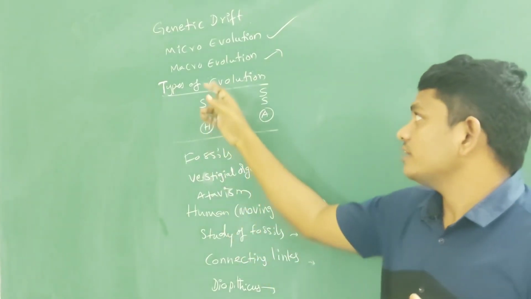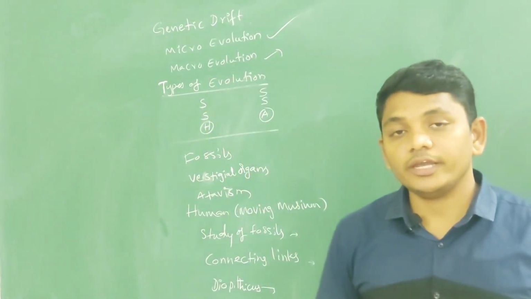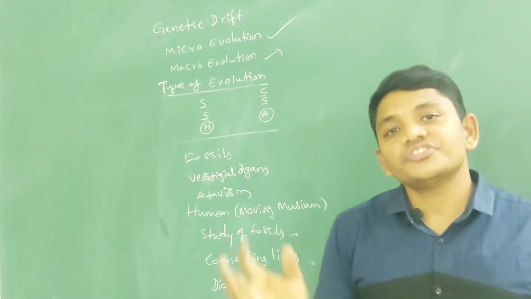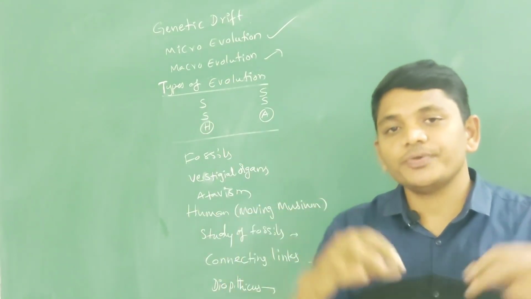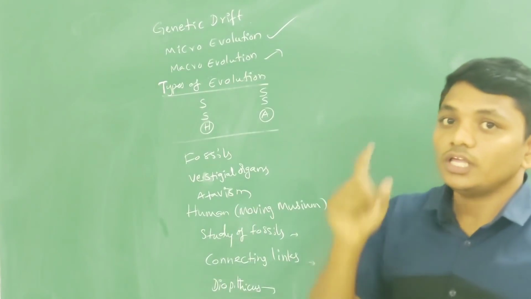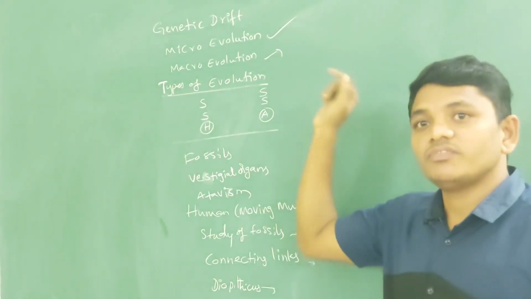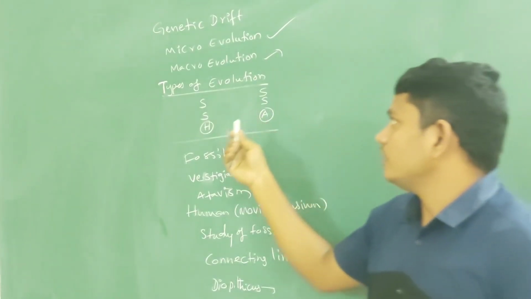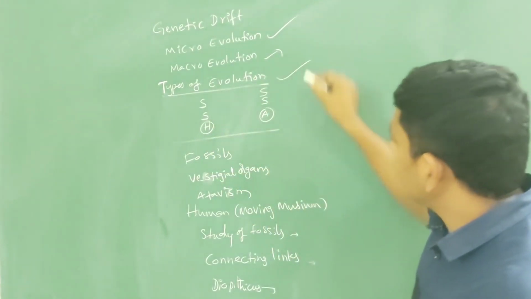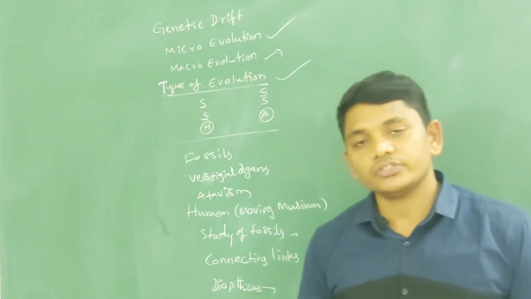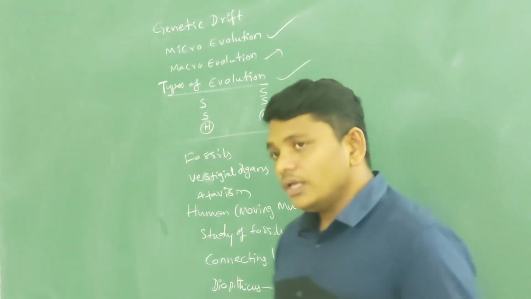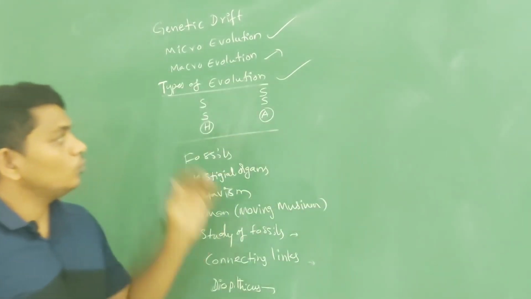Once again, let us discuss macroevolution. Large scale changes among the species is called macroevolution. When macroevolution occurs in the species, then new species will form. Right? Let us discuss types of evolution. Okay, here I would like to say two things: